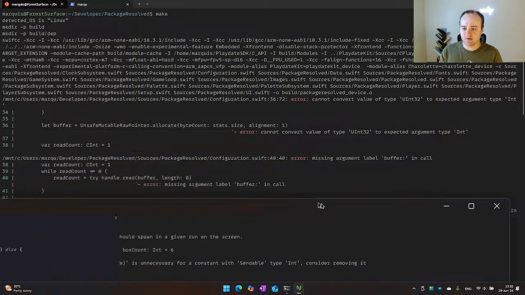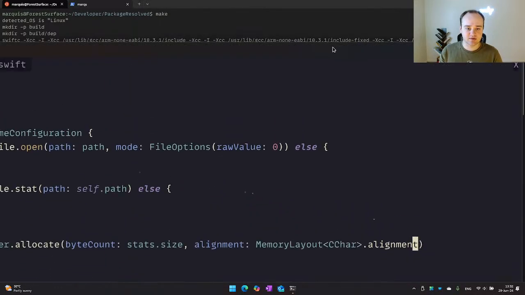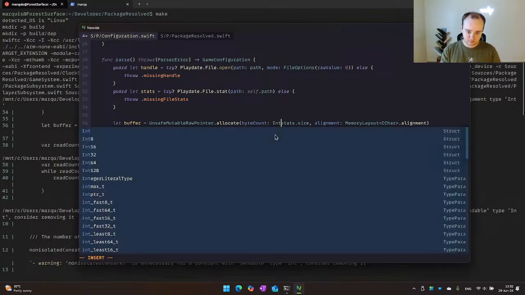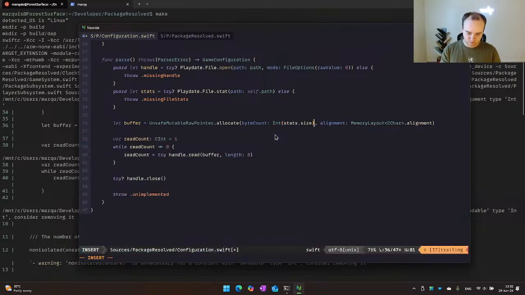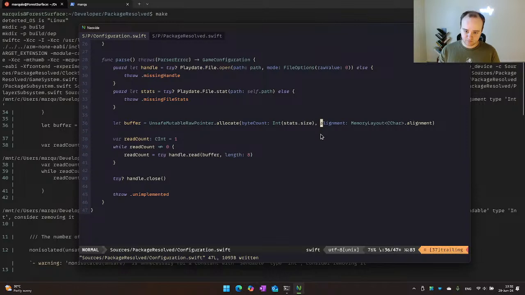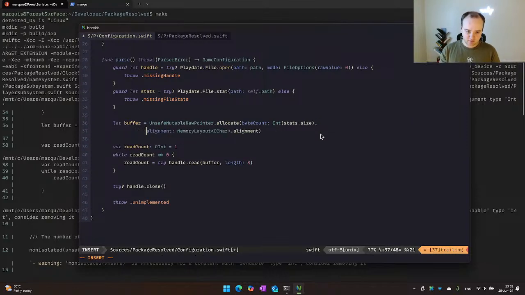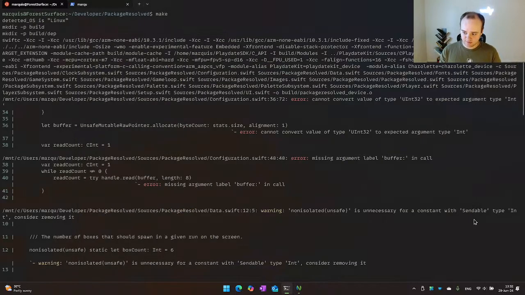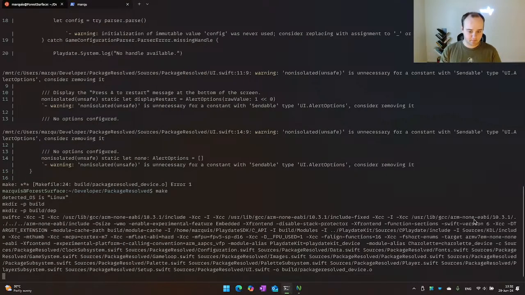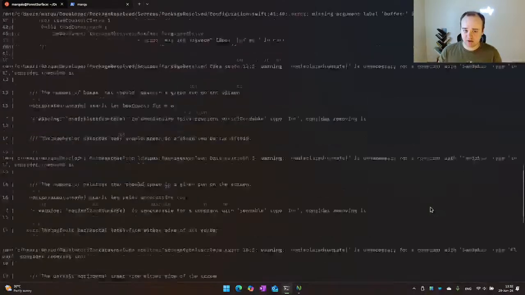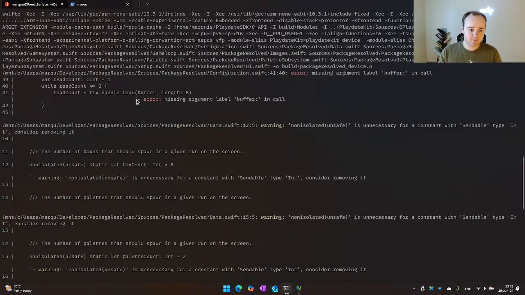Cannot convert value of type uint32 to expected type int. Then we'll just there. Make. Any errors that flew?